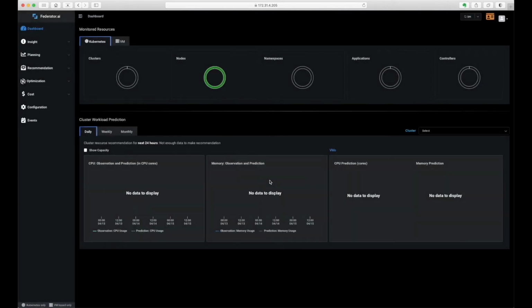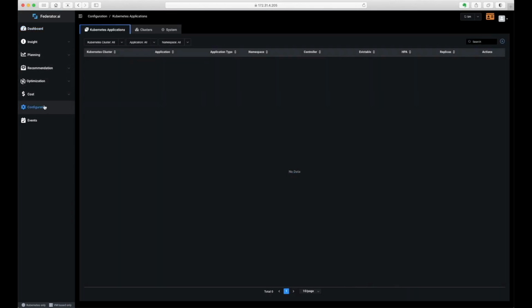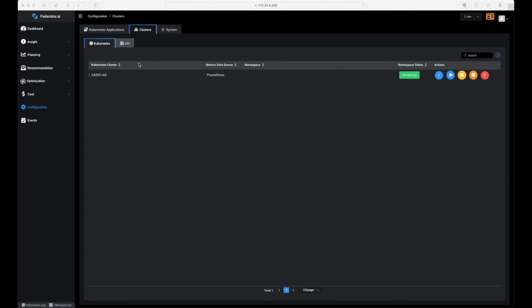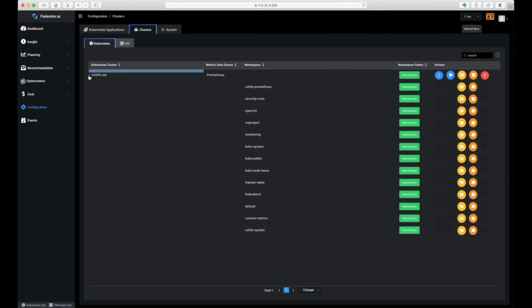After finishing the initial setup wizard, it will take about a couple minutes before the initial cluster information and metrics are collected. From the UI, select Configuration and Clusters to view the status of the first cluster. When the status changes from Not Available to Monitoring, Federator.ai has successfully retrieved cluster information and metrics from its metric